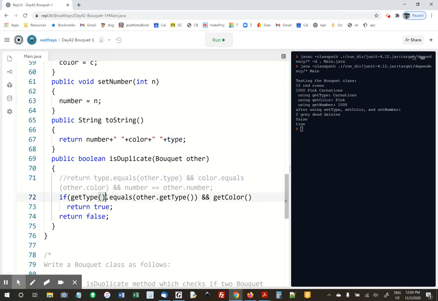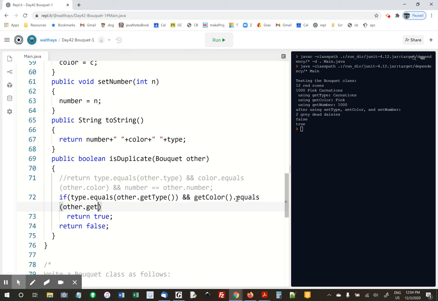You could actually just still use type here, other dot getType, but I was just trying to be consistent. And then getColor dot equals other dot getColor. And finally, getNumber equal other getNumber. So if all that's true,